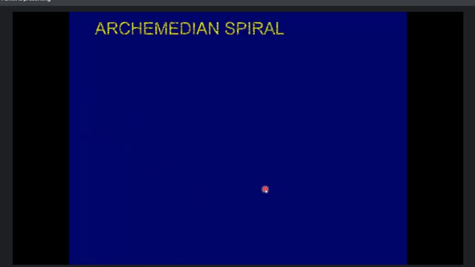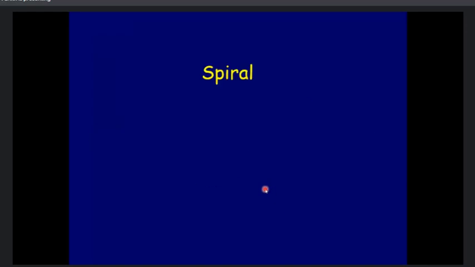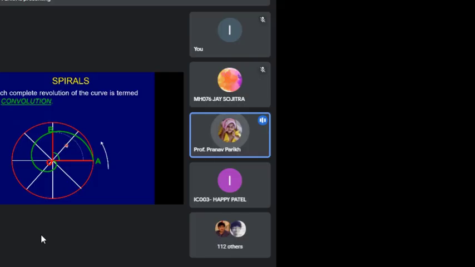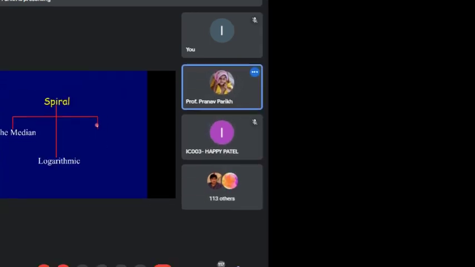Sir, what does the green graph we drew represent? The green part is nothing but showing the different positions of the point A. So this here is nothing but a spiral. The very first thing I want to clear: this green curve is an Archimedean spiral. But how have we got it? We have made different angular positions of OA. We have rotated OA by 45 degrees in the anti-clockwise direction, and we have noted the position of the point A. Is it okay? Yes, sir. Yes. Thank you, sir.